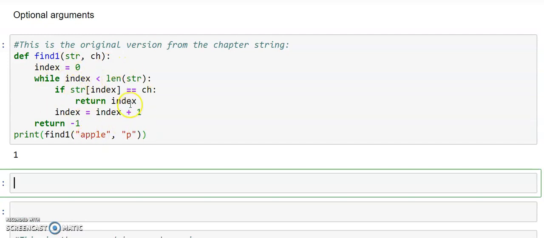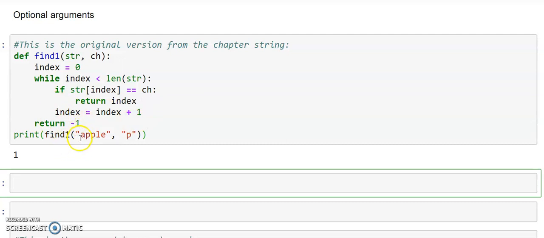All these concepts we have discussed earlier. Quickly we can go through. We initialize the index to 0. Check whether that index is lesser than the length of the string. Check whether the character at that index matches. If yes, return that index. If no, then go back, increment that index, and keep checking till the length of the string till you find the character in the string. If there is no such character, then it returns -1 as a result.